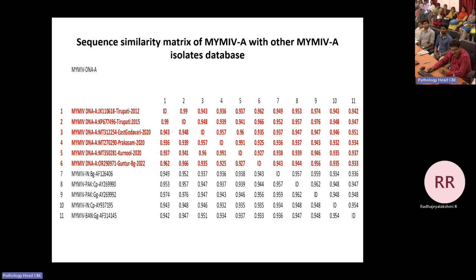Mungbean yellow mosaic India virus. Here also we have the first isolate in Tirupati 2012. We sequenced the full length in 2012, then 2015, 2020, even 22 also. So there is some variation, up to 99, 94, 93, 93, particularly in Mungbean yellow mosaic India virus. One thing which I cannot understand is, okay, variation is always there. Any virus has variation. You take isolates from Coimbatore and a nearby station, you will find some sequence dissimilarity or similarity. Whether that is going to play any role in symptomatology, that we have to see. That is very important for us.